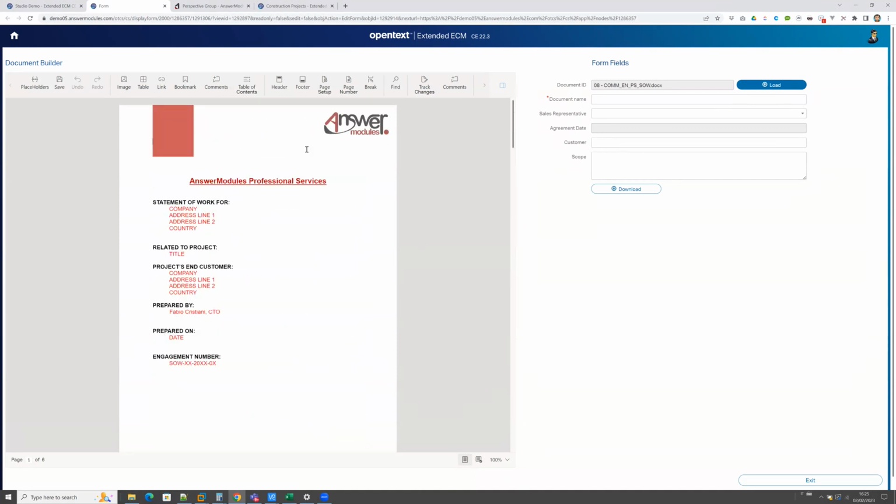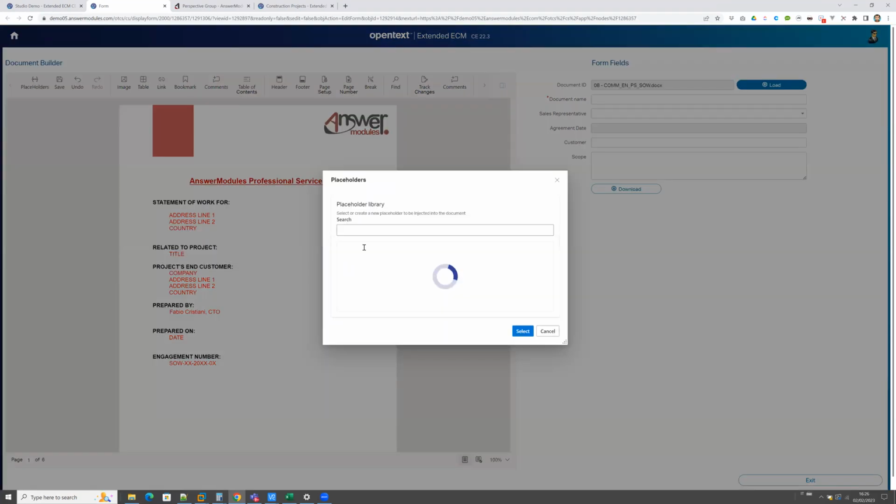But the other thing that this system allows us to do is to replace part of the information inside here directly with placeholders. In this case, placeholders are directly retrieved from the list of fields that you have in the form.